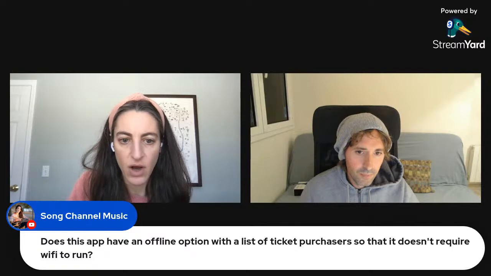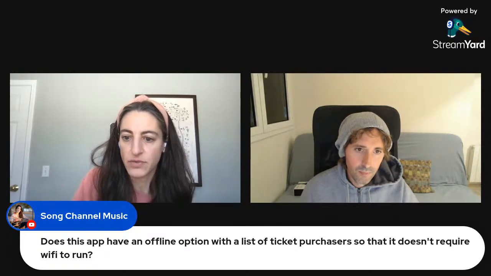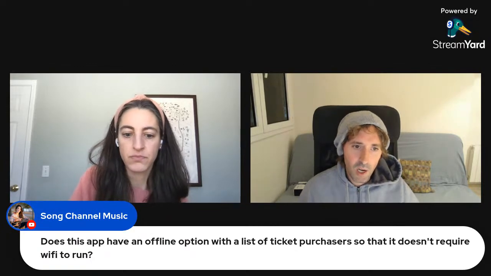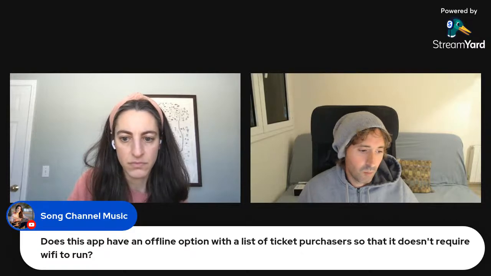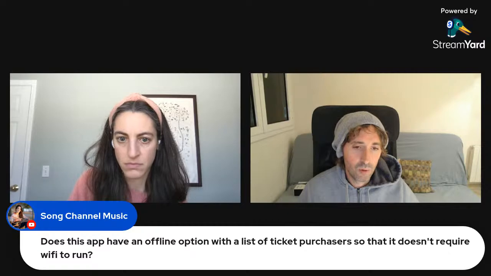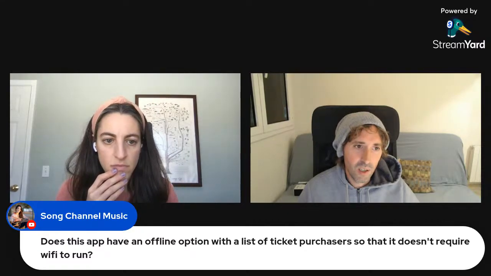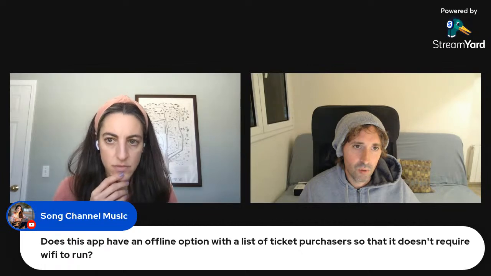Does this app have an offline option with a list of ticket purchasers so that it doesn't require Wi-Fi to run? Not for now. This is also high on our list. We had some technical and privacy challenges when it comes to